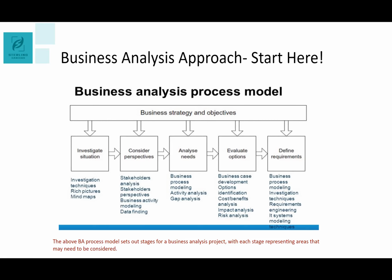Your investigation techniques. A few of the investigation techniques, let me use them. One is what you call workshop. So what you're trying to do is to get to the bottom of why this accounting department is complaining. And you can either go to them one-to-one. So there is what you call maybe one-to-one interviews. So it is just, okay, head of accounts, what is your problem with this tool? And they say, oh, it's so clunky, it's hard to learn, it's so slow, okay? So you're talking one-to-one, you're interviewing to